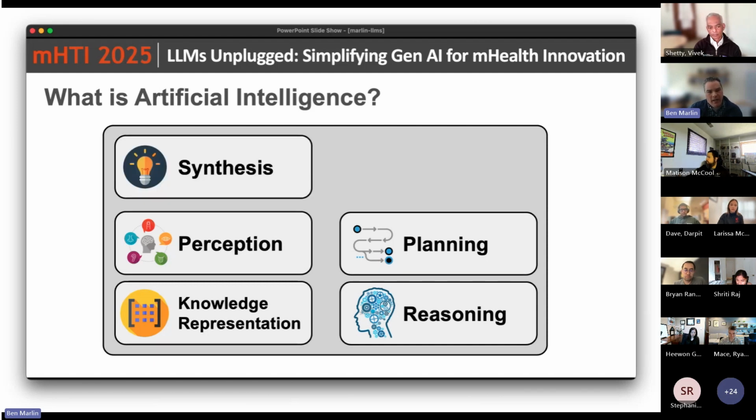Another area in AI that ties into LLMs is the problem of synthesis. Not just how do we reason based on information that we have or try to perceive the world, but how do we think about generating things that are new? Fundamentally, when we're thinking about LLMs and generative AI, a lot of the aspects of that capability are about generating new things, right? So synthesis based on existing information.